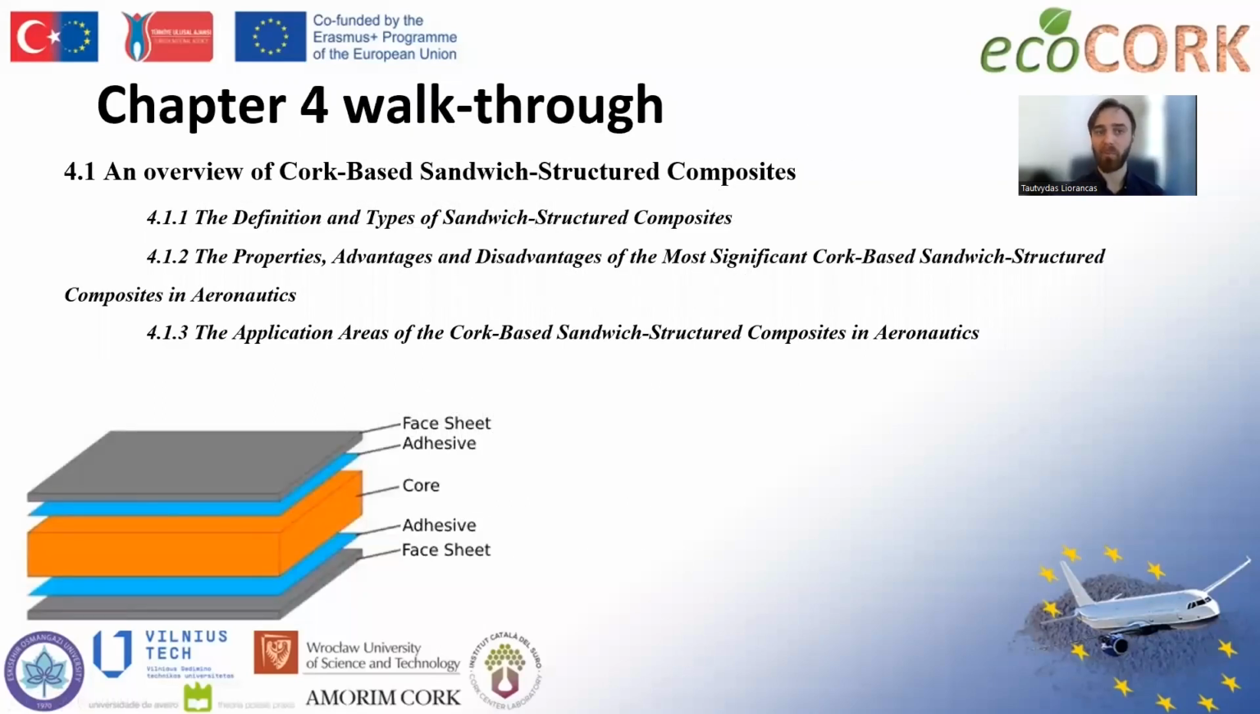In Subchapter 4.1, an overview of cork-based sandwich structure composites, you will find information about the definition and types of sandwich structure composites, and the properties, advantages, and disadvantages of the most significant cork-based sandwich structure composites in aeronautics. In other words, we will talk about what makes a cork material advantageous or disadvantageous in the eyes of aeronautic engineering. If we decide which properties are the most useful for us, we will be able to apply the material